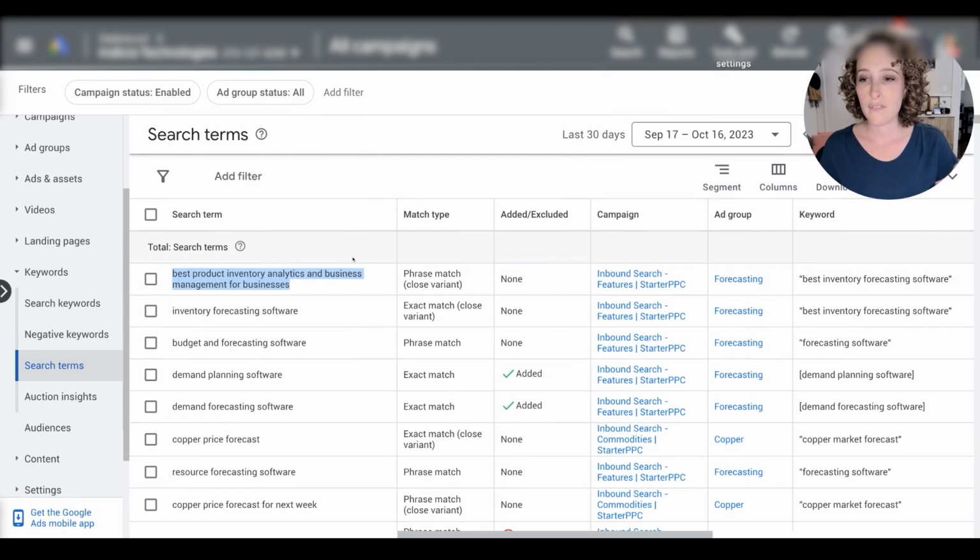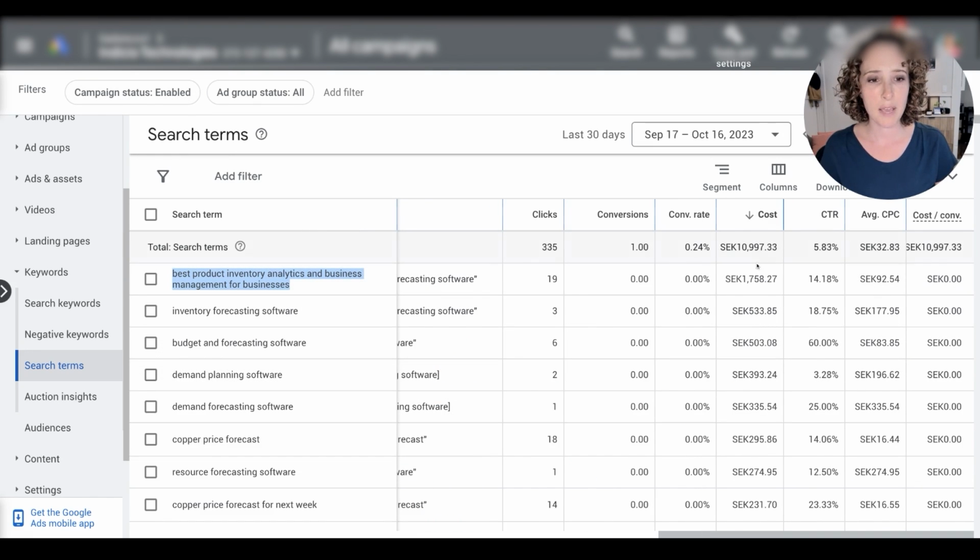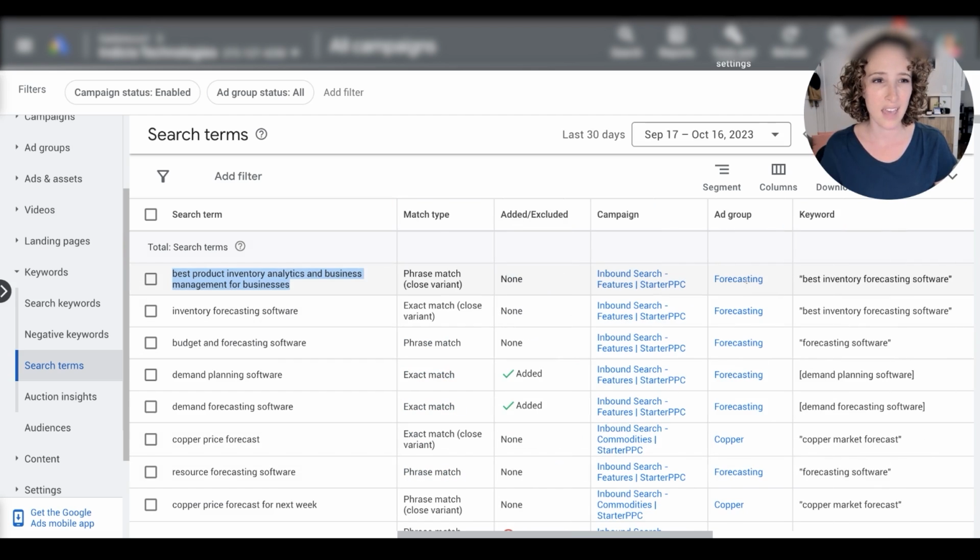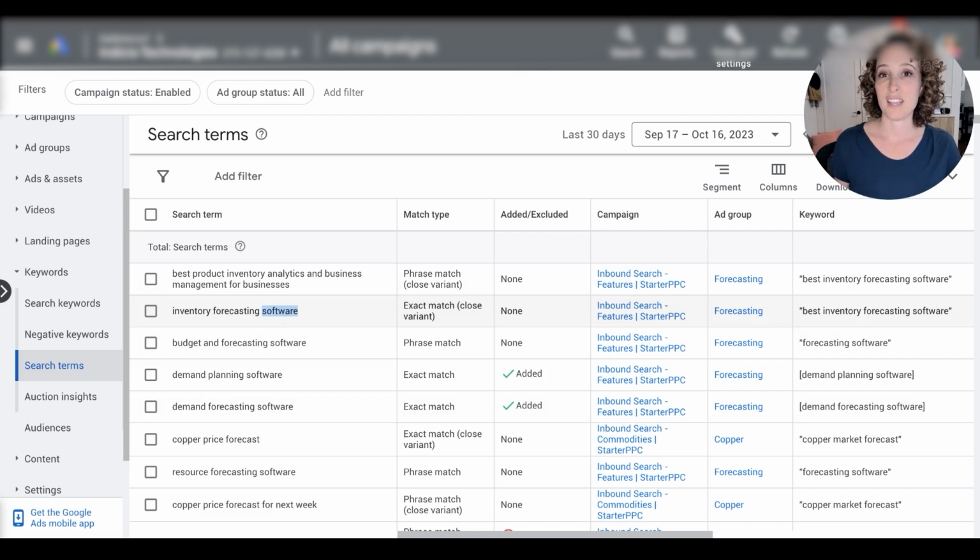Now, I don't have any filters on other than the campaign is enabled. I'm sorted by cost so we can see the heavy lifters, where we're spending our money. And you can see that most of these are actually bottom of funnel keywords. I'm calling them bottom of funnel because they indicate that the person is looking for a product or a service that we're selling. They're literally standing there with their wallet in their hand and they're saying,